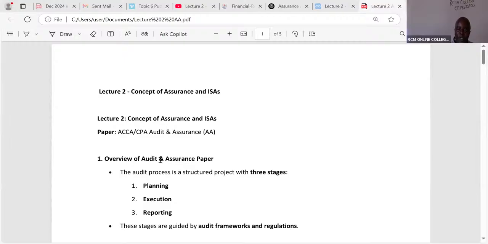So for any project, even outside audit, there are 3 key steps. Any project must be planned very well, must be executed very well, and then, of course, we must have what we call a reporting framework. So, for example, if it is White Sands, then I will be able to plan the audit, I'll be able to scope the work. Then I go into execution. Execution, I'll be gathering evidence, yeah, a lot of evidence.